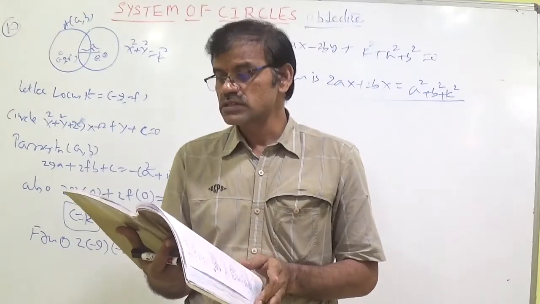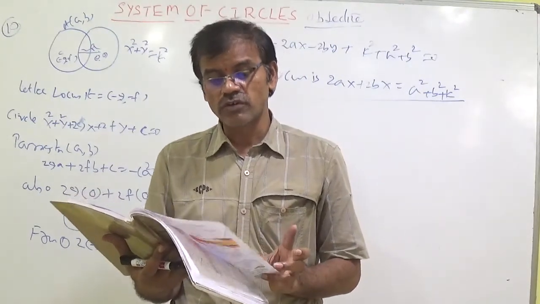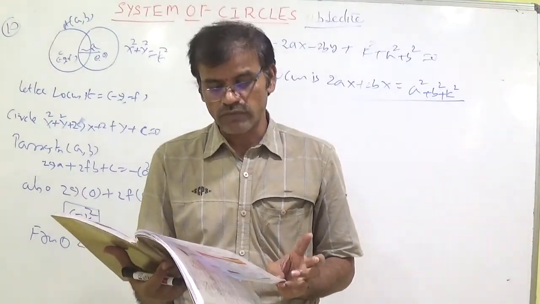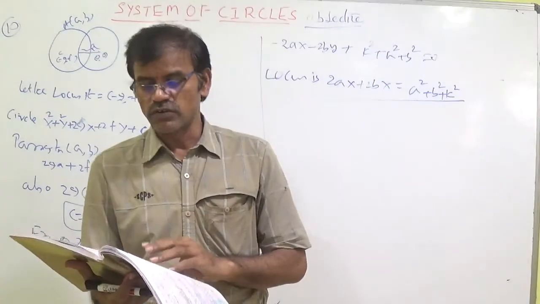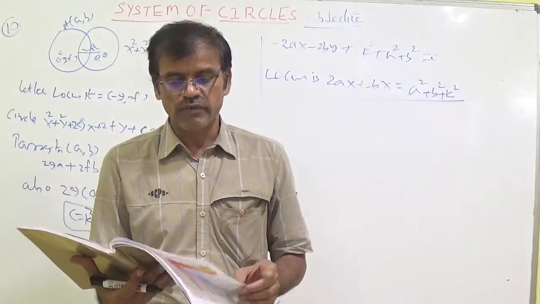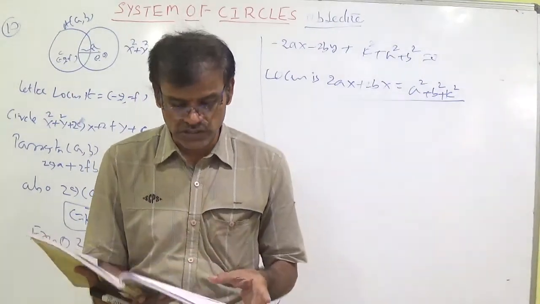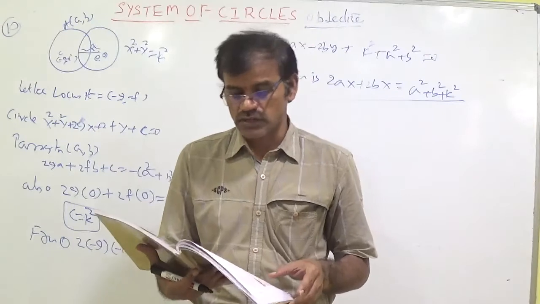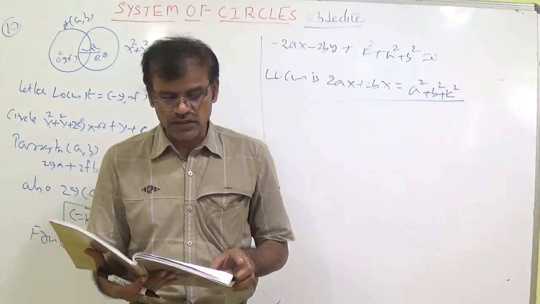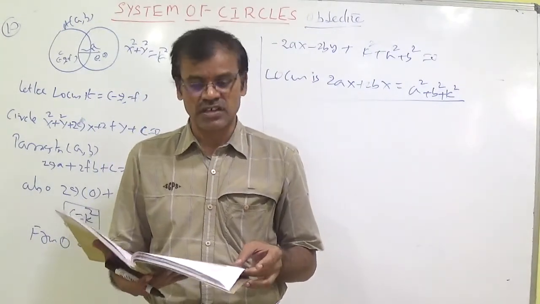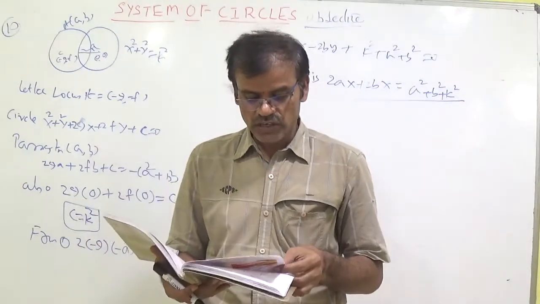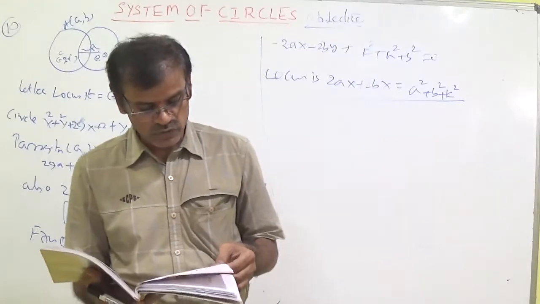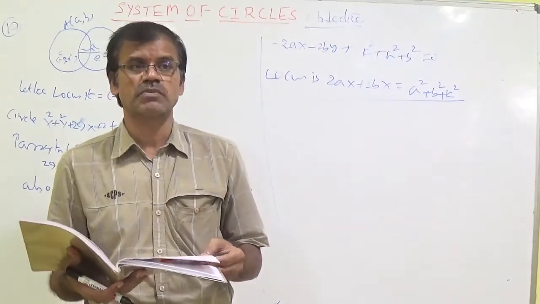Students, I don't want to discuss level 1 sums with you. Level 1 classwork and level 1 homework you should do yourself. Now I want to discuss the sums of level 2 classwork and level 2 homework also. There is no level 3 for system of circles, because in northern states and in eastern states, circle and system of circles belong to the same chapter only. System of circles is a separate chapter in Andhra and Telangana only. So this is also nothing but the chapter of circles.